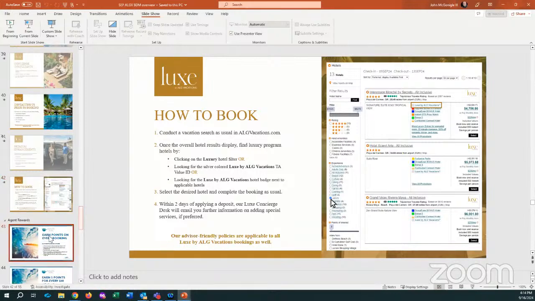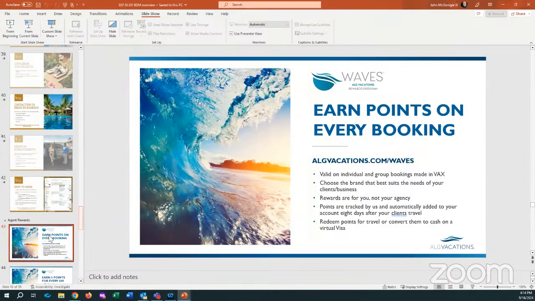Okay. So what's in it for you in addition to additional commissions and getting more perks for your customers and booking with Apple Vacations and Travel Impressions, or mostly Apple Vacations, focus on that, is that you're going to earn Waves Advisory Rewards points. You should have, hopefully, if you've booked anything with us, make sure you've claimed your Waves dashboard. Okay. It's just like having Starbucks points or shopping points.